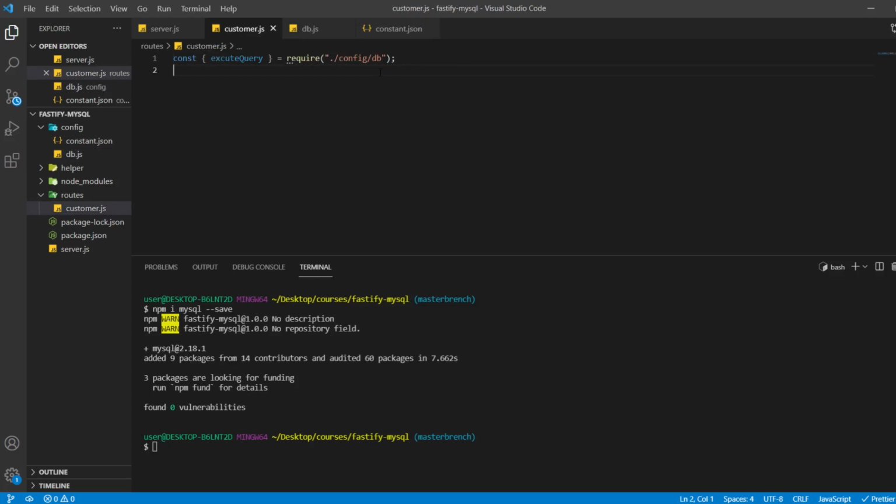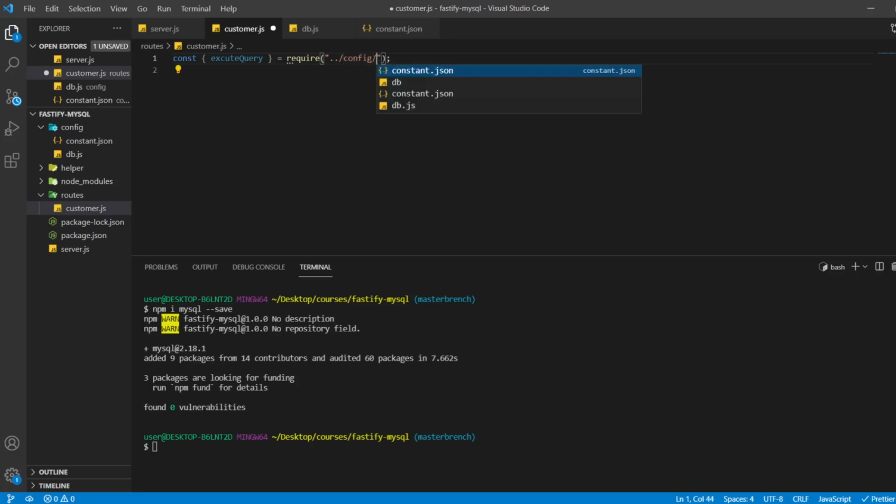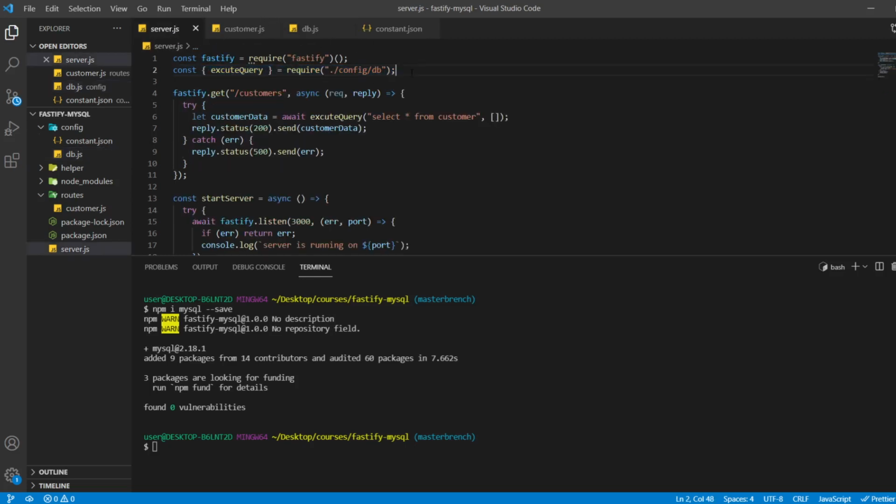Let me correct the path. We are right now inside routes, so we have to go up and then db. Okay, so now we can remove this line from here.